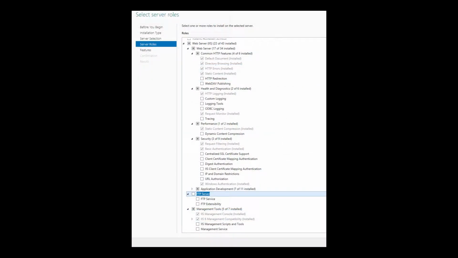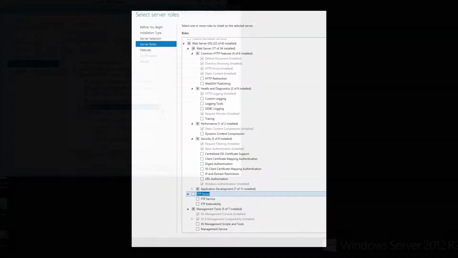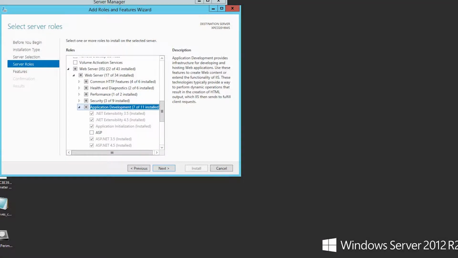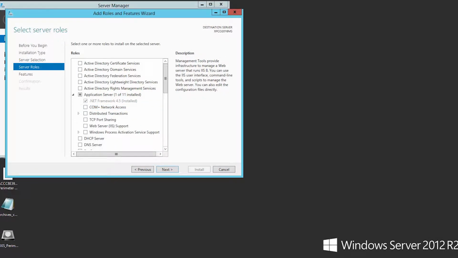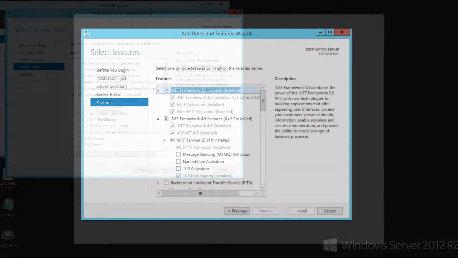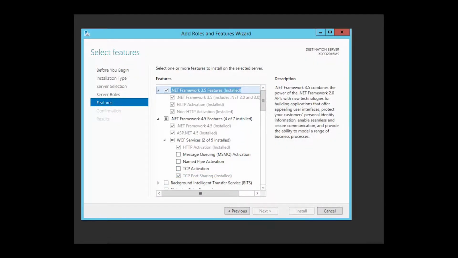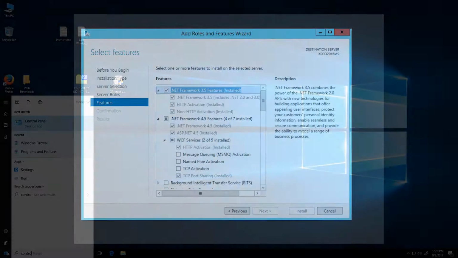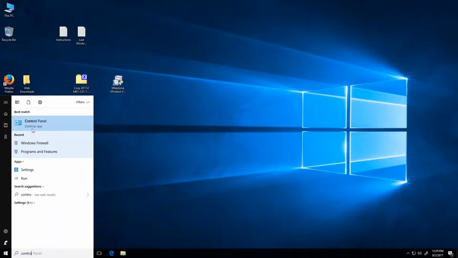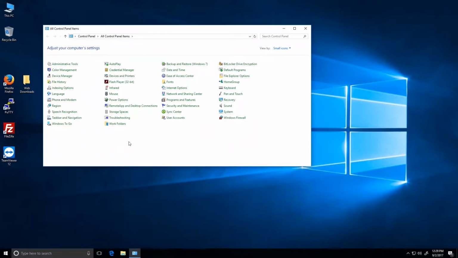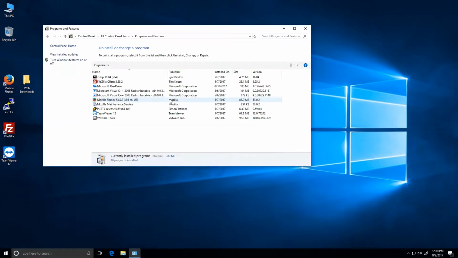Although we require Internet Information Services, or IIS, those options should not be enabled. Instead, allow the installer to activate and configure that for you. Usually, in order to make these adjustments in the Windows Server operating systems, you'll just use the Server Manager software. Or, on regular Windows installations, you'll need to go to the Add Remove Programs or Programs and Features control panel, depending on your version of Windows.